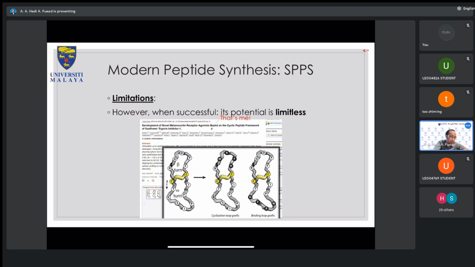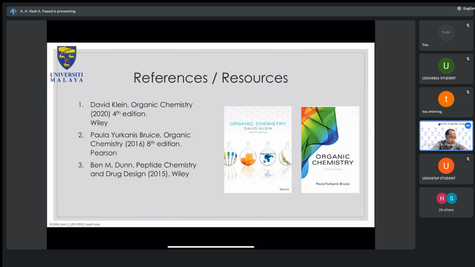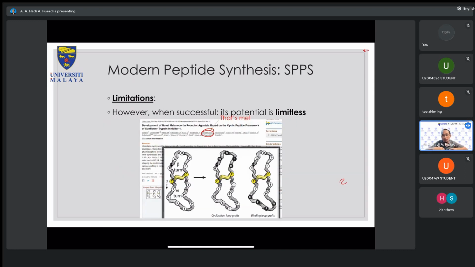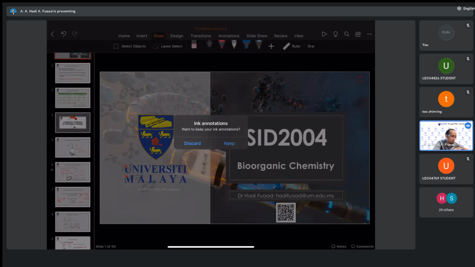So this is part of my work I've done back in Australia. That's my name over there. And there's only one disulfide here. You can also have a more complex structure where you can have two or even, what's the maximum that I've done? I think 4 different disulfide bonds. Disulfide bonds are not easy to control, so there are a lot of peptide modifications that you need to do if you were to synthesize the peptide in the lab. All right, so that is all for this note.